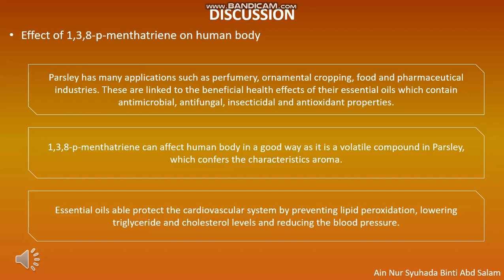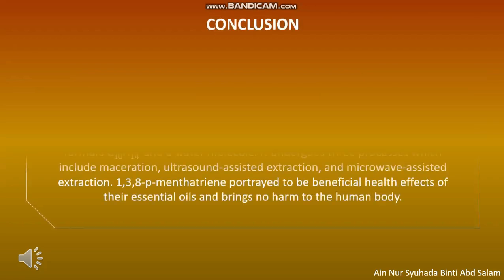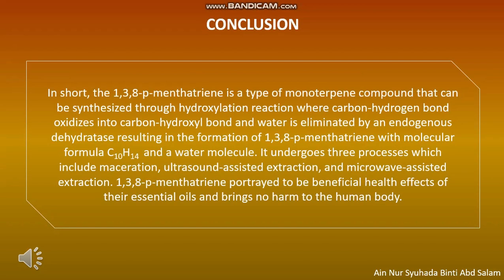1,3,8-p-mentatriene can affect the human body in a good way, as it is a volatile compound in parsley, which confers the characteristic aroma. Essential oils are able to protect the cardiovascular system by preventing lipid peroxidation, lowering triglyceride and cholesterol levels, and lowering the blood pressure. In short, the 1,3,8-p-mentatriene, a type of phenylpropanoid compound, can be synthesized through a hydroxylation reaction,